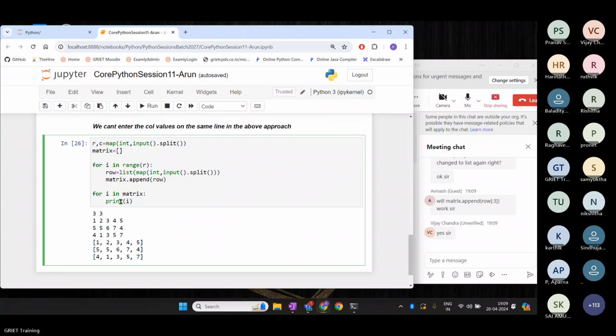Yes. Okay. So what we have to do here is restrict the number of columns to only 3, right? So whatever extra columns I enter should be ignored by the compiler. For this, you can use the slicing concept. Avinash has already sent it here, right? So matrix dot append row colon 3. So instead of that,